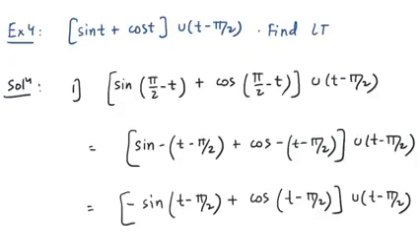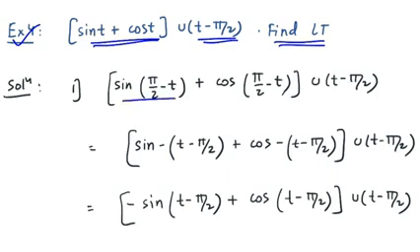See, up till now all the questions we have seen are algebraic, but there are some important questions of trigonometry as well based on Heaviside shifting property. Let us see this question. Sin t plus cos t into u of t minus pi by 2 is present. Find the Laplace of this function. Yes, you know that the unit step function is shifted at t minus a, but at this point the function is at origin. Again you have to do some manipulation, but here there is one technique. If you know the trigonometry relationships, you can solve these questions quickly.